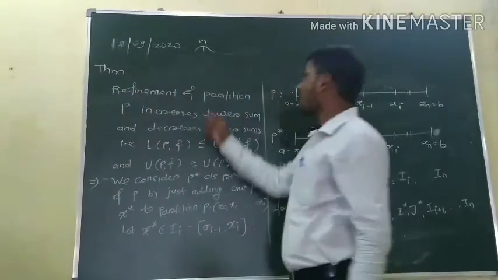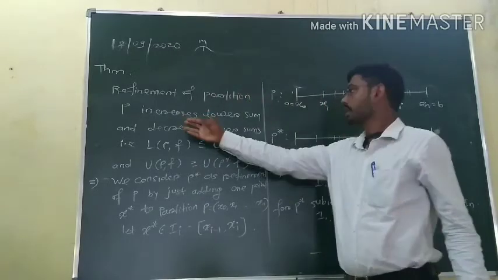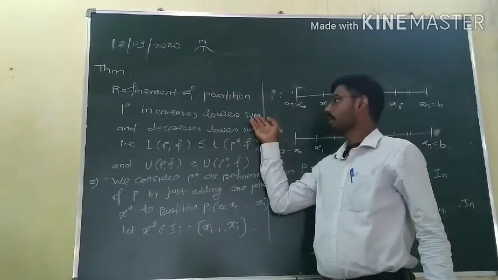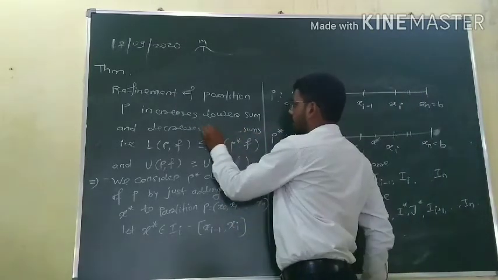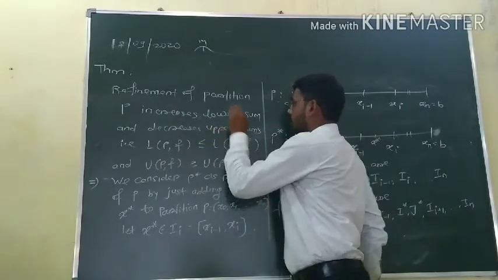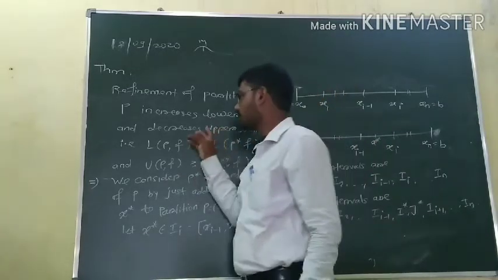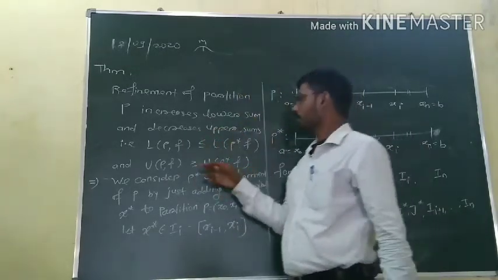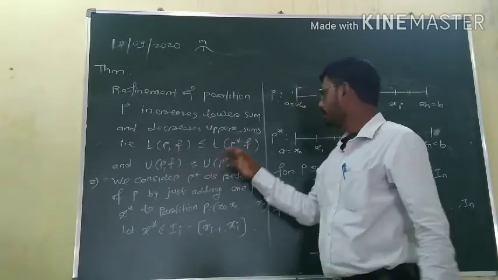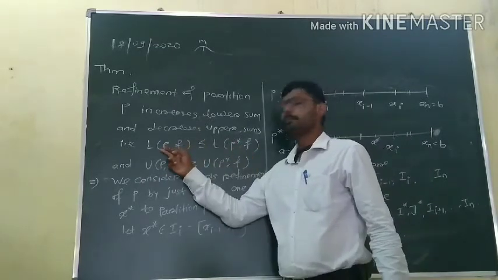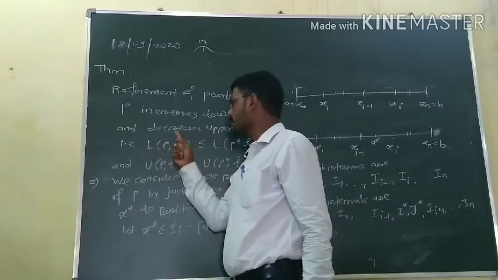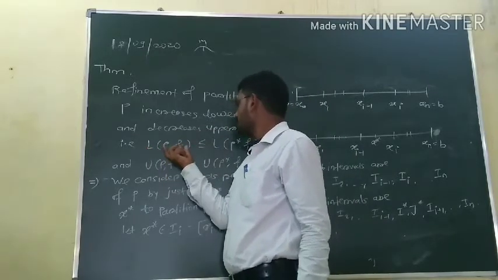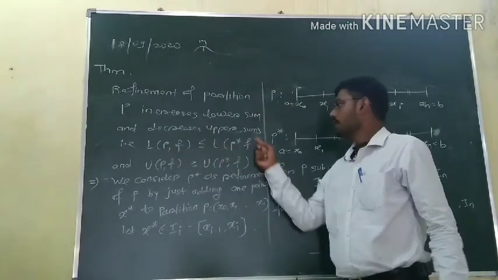refinement of partition P increases lower sum and decreases upper sum. So this is the next important theorem. That is, we have to prove if P is a partition and P star is the refinement of partition P, then lower sum of F corresponding to partition P is less than or equal to lower sum of F corresponding to partition P